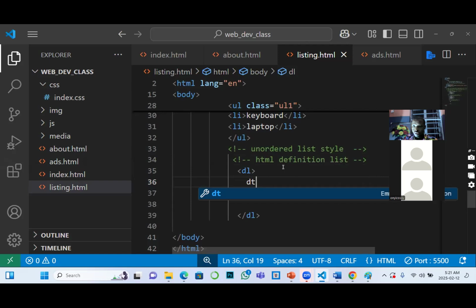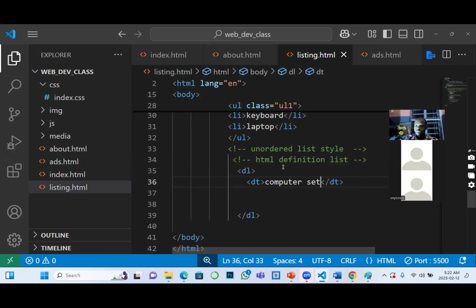This DT means data term. This data term is the header of that categorical item. For example, like I gave us in Microsoft Word, let's say I want to mention computer sets. That heading, computer sets, should be introduced with DT. So I will say computer